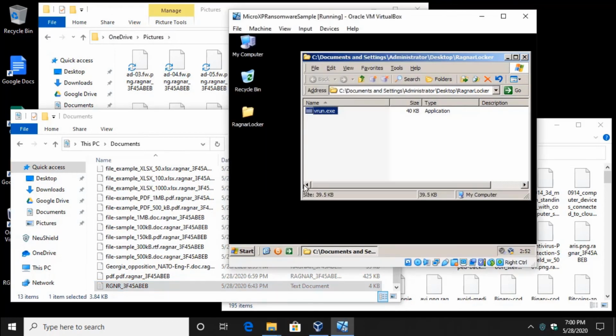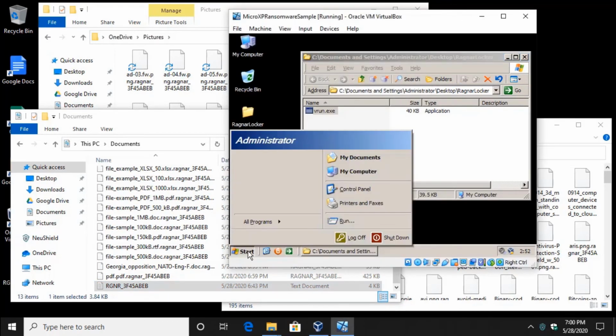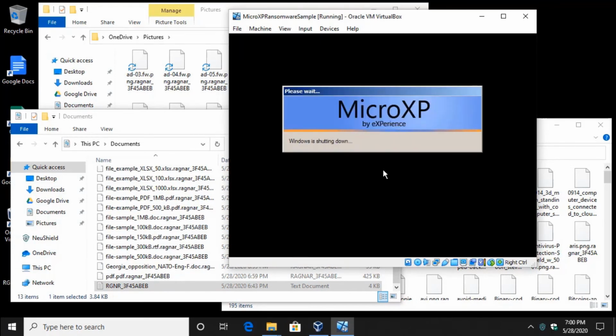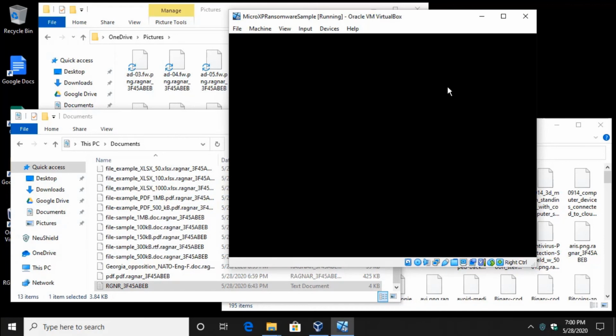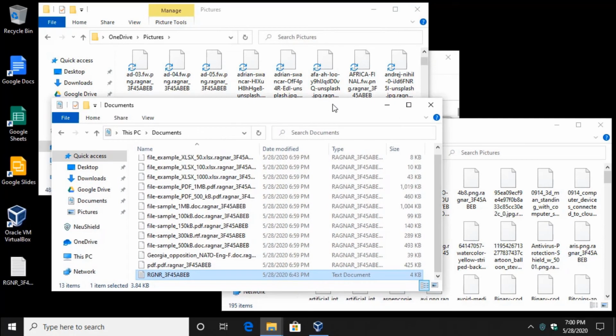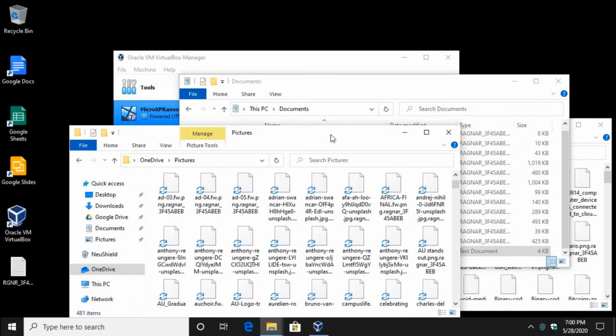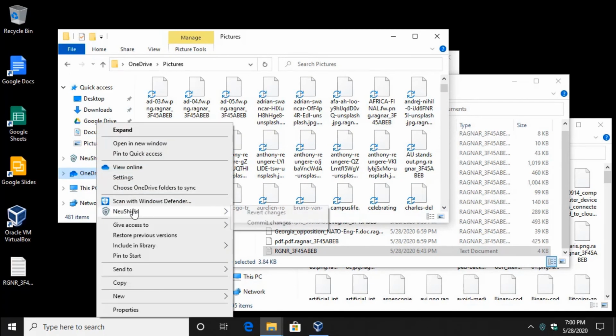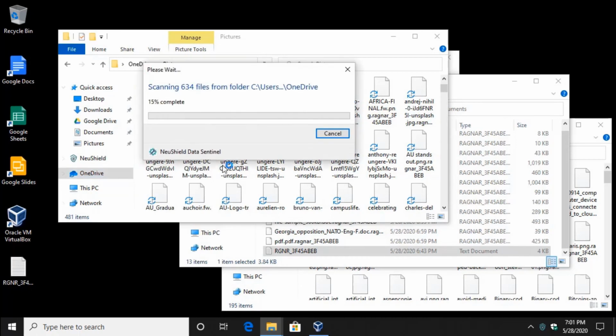All right, so we're going to go ahead and shut down this VM system so we can do the recovery. Now, since this system is running NewShield, of course, those files actually never got affected, even though it looks like it. You can see more details about how NewShield works on our website. But go ahead and we'll revert the OneDrive setting. You'll see the OneDrive files will revert right there. It only takes a few seconds to revert the files.